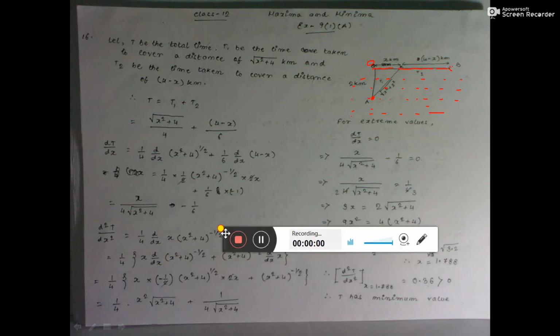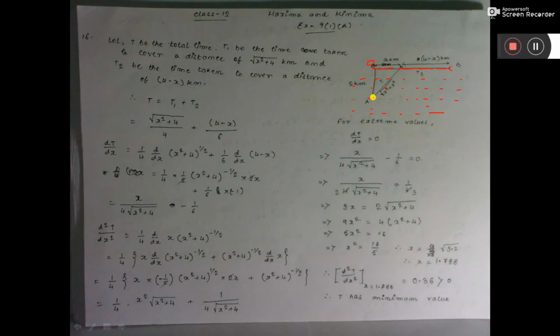So let me explain the sum. This is the lighthouse. The point I have given A, and this OB is the seashore line. At the point B, there is a shop, and a man is working in this lighthouse. Sometimes this man is required to go to the shop to bring his food or something else. Now, how can this person go to that shop so that it will take the least time?